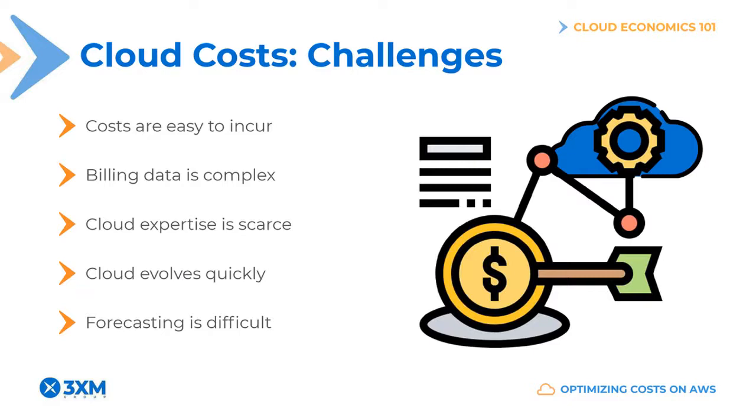But for all its power, the cloud comes with challenges of its own. Some of the difficulties associated with cloud computing are: costs are easy to incur. The cloud is on demand and self-service, and charges begin to accrue as soon as resources are provisioned, which can be done either directly by engineers or by automatic deployment processes. Billing data is complex. Cloud billing data is complex because cloud usage typically incurs thousands, if not millions, of individual product charges, most of which are billed by the minute or even by the second. So making sense of all this data requires deep understanding of cloud services and infrastructure.